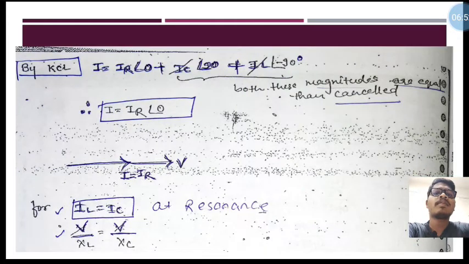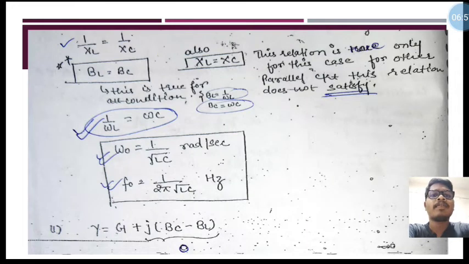So the source voltage is equal to the voltage across the inductance and the voltage across the capacitance. So here both the voltages get cancelled on the right hand side and left hand side. Okay, so after cancelling this we will get 1 divided by XL is equal to 1 divided by XC, and we already know from the previous lecture that 1 by X is the susceptance. The susceptance across the inductance is equal to the susceptance across the capacitance. This is true for all conditions when 1 by XL is equal to 1 by omega L and 1 by XC is equal to omega C. Okay, from this equation only we are able to calculate this term.